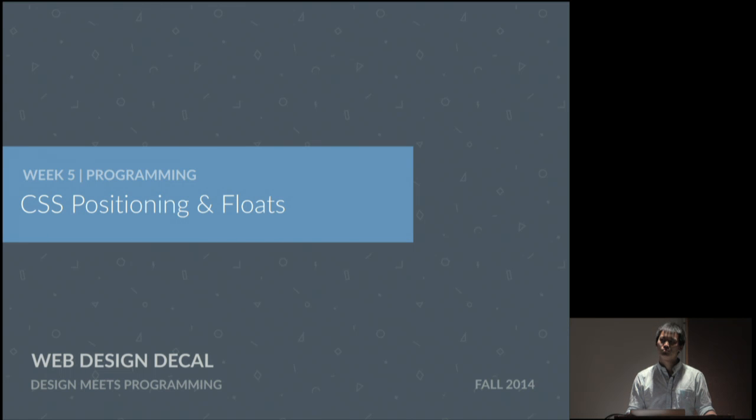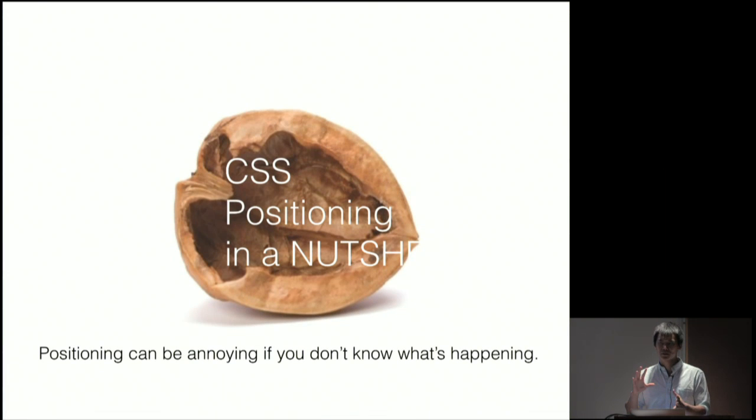This is actually the second to last lecture involving CSS and HTML. Next week will be our last one, where we'll wrap things up, review a little bit, and talk about cutting edge stuff in HTML and CSS. For the most part, I've talked about things that have applied in HTML and CSS for a long time now, and this is the last of those things. We're going to learn how to position things so they behave the way you want them to, and not like the slide here, where you expect a certain behavior, like you want the text to be in a certain place, and then it just doesn't go the way you want it to.